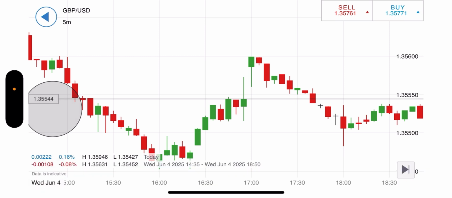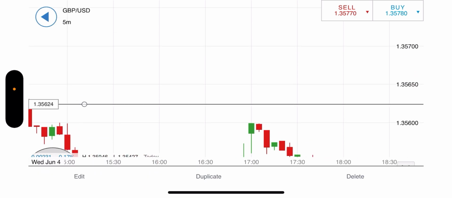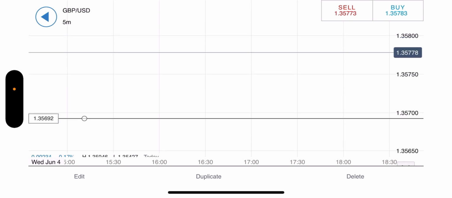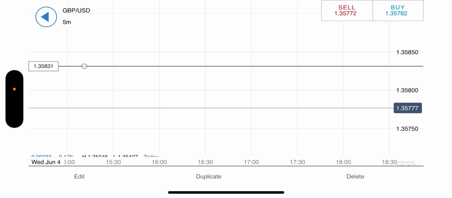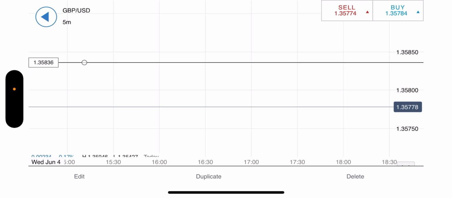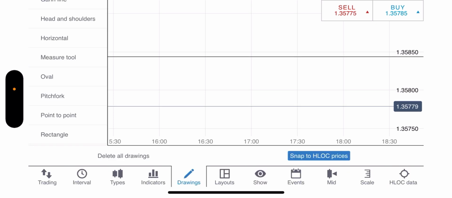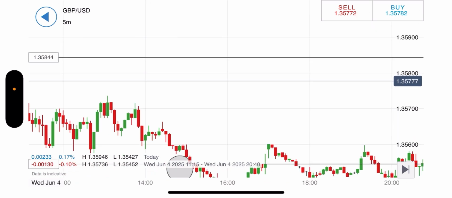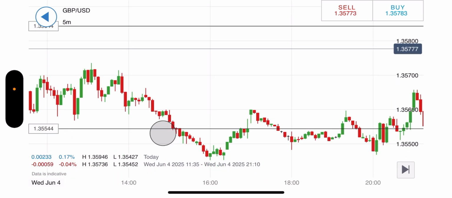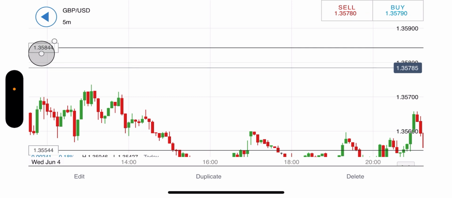So 84.4. So we're going to ask for another horizontal line here. And what we're going to do is we're going to put it all the way up to 84.4, or thereabouts. Okay. So now we have our, if the price had moved higher after 1700 yesterday, we would want it to go all the way up to that line that we've drawn, as you can see right there,